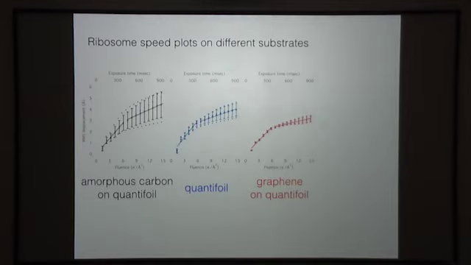So again, this is in the Z direction. If we instead look at the ribosomes moving in the XY plane in the image, we can plot that using these speed plots. Again, the RMS displacement of an ensemble of ribosomes versus the fluence. And when we compare those to gold, you can see that the motion is reduced significantly, such that now, in a typical exposure, there's around 2 angstroms of movement, RMS displacement, across that exposure, compared to 4 to 5. So there's a 2-fold reduction in the movement of the XY plane,